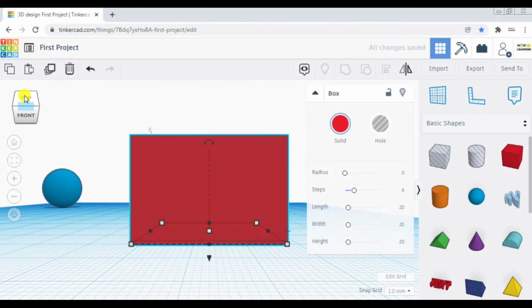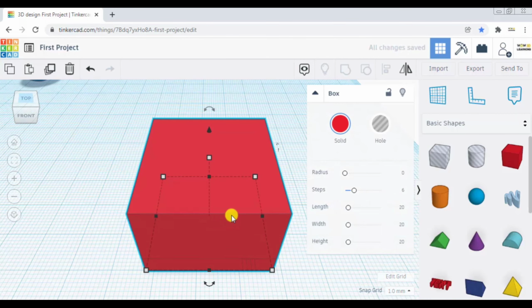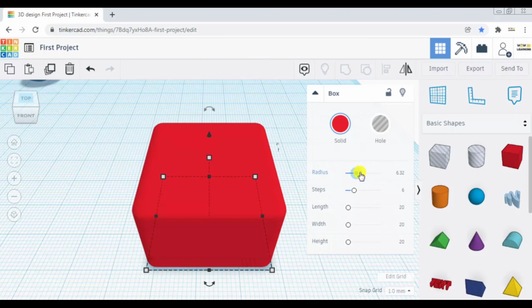So in top view you can see when I click steps, it adjusts the points on the outer edge at which angle changes and how many of them are there. It is allotted to this radius curve which is changing here. Let me give some radius here. Since there is no radius, that's why we are not able to see it completely.